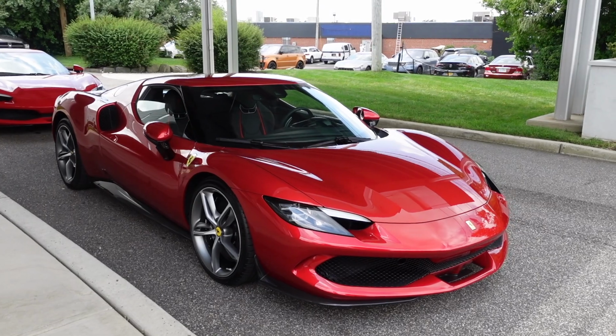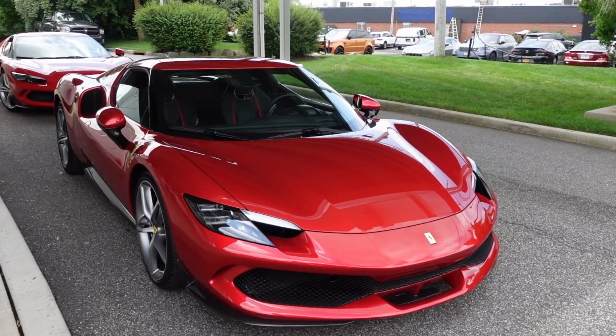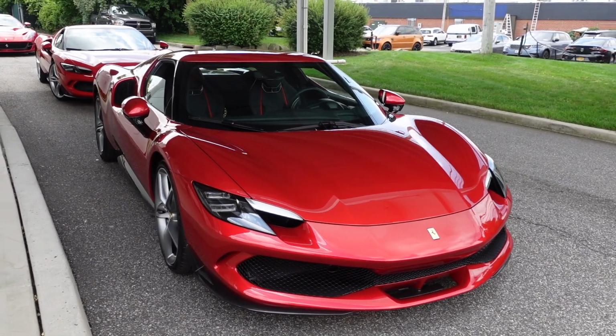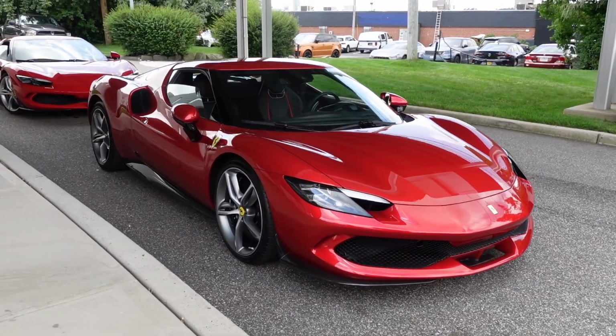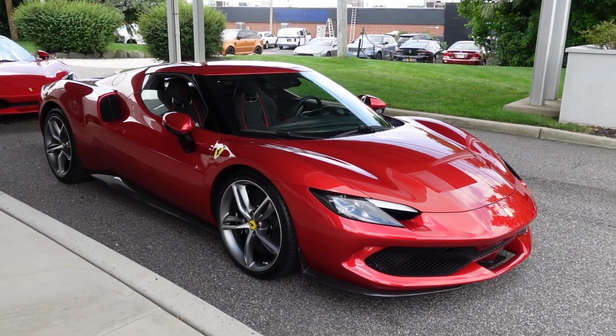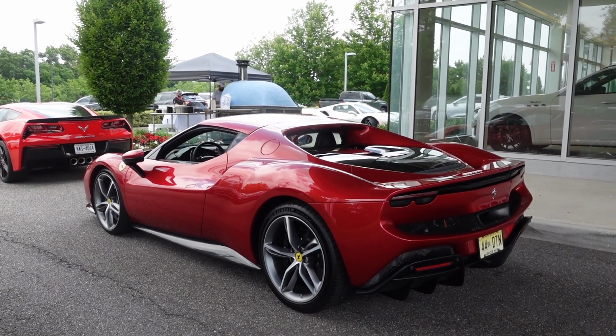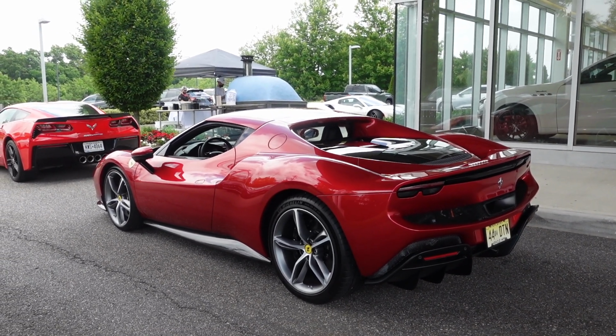And all that power is sent solely to the rear wheels, which, when combined with the 296 GTB's compact size and relatively lightweight construction, should make for a really fun car, and we'll find that out soon when we take it for a ride. So the engine has a wide-angle V, which not only lowers the center of gravity by